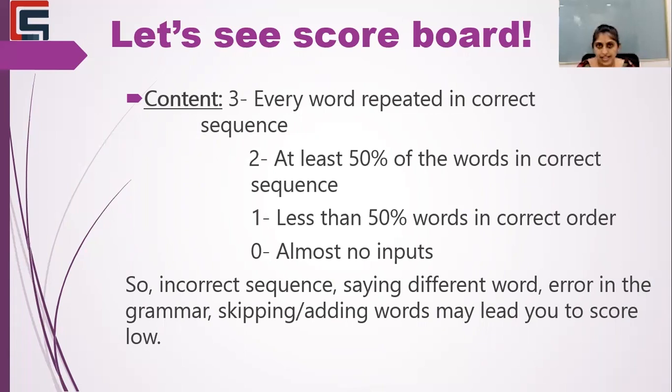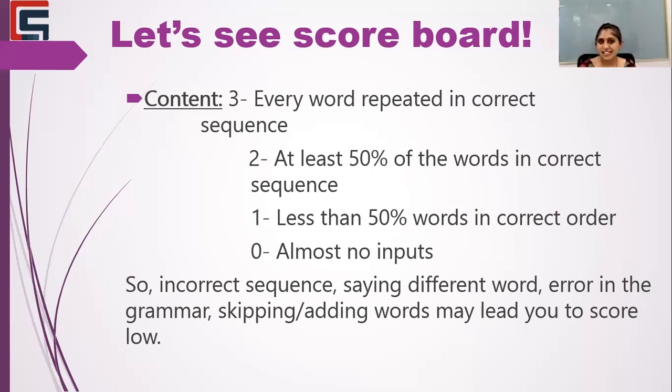You can only get 3 points of content when you speak each of the words correctly and the complete sentence is spoken correctly. You may get 2 points if 50% of the words are being skipped, missed, or replaced,